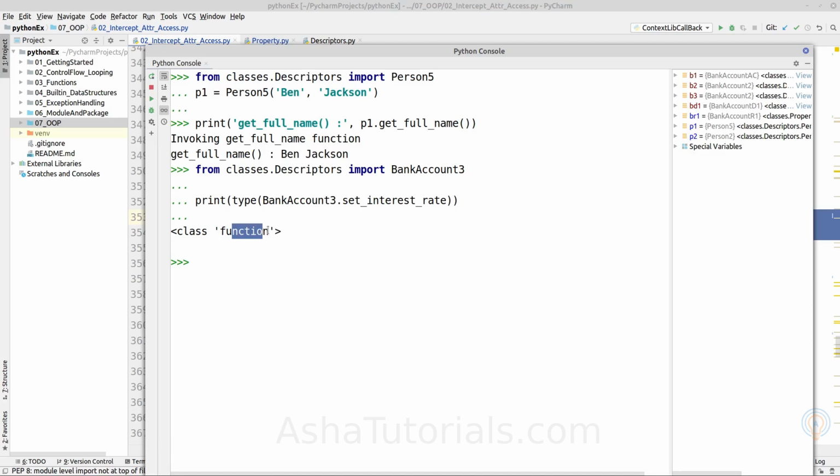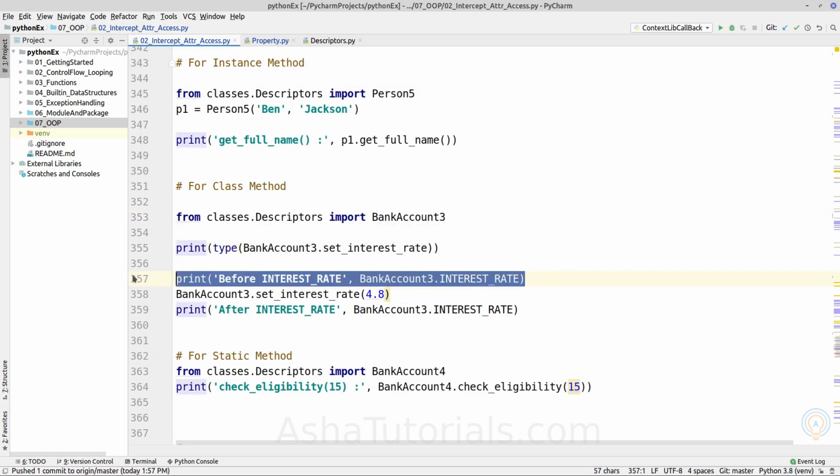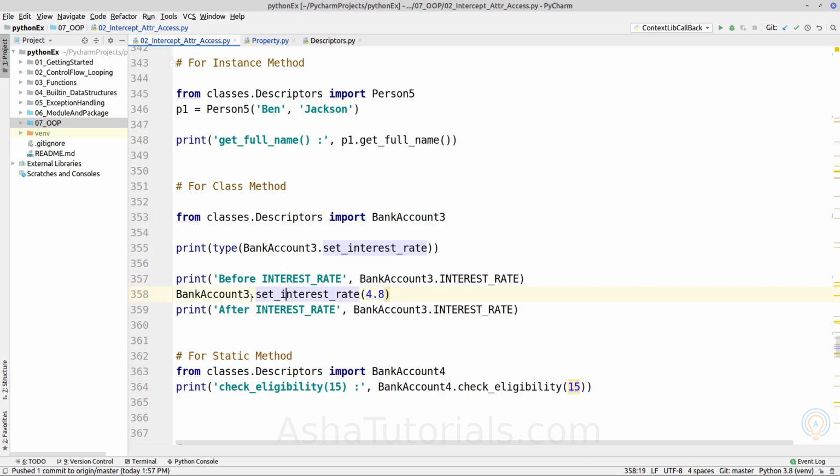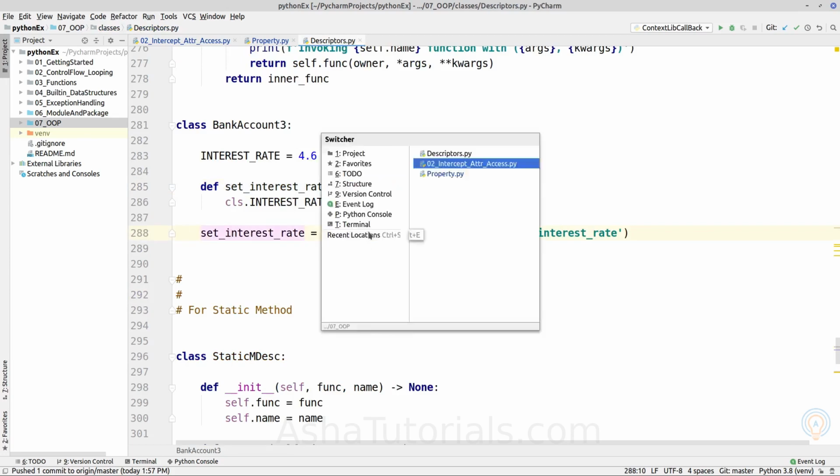So it is a type of function, and if we try to modify the value using this method, which is wrapped inside the class method descriptor,